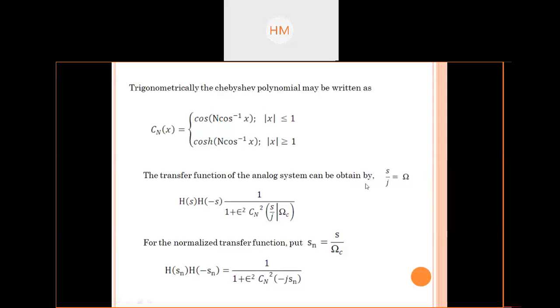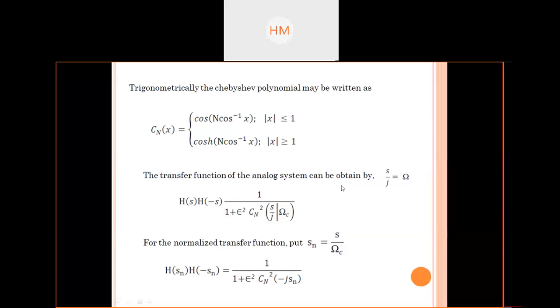The phase response of the Chebyshev filter is more nonlinear than the Butterworth filter. Keep this in mind. It becomes much more nonlinear because of this polynomial equation Cn of x, as compared to the Butterworth filter for a given filter length n. If we talk about magnitude response, it becomes ideal as I increase n, but it becomes nonlinear in terms of phase response as compared to the Butterworth filter.